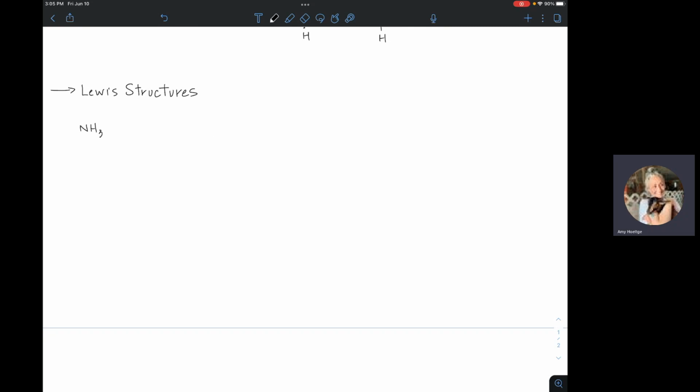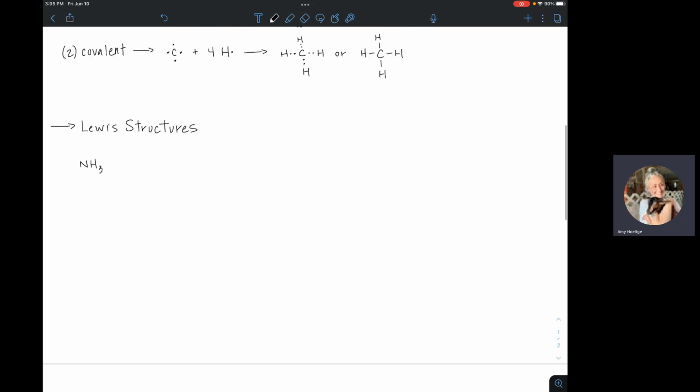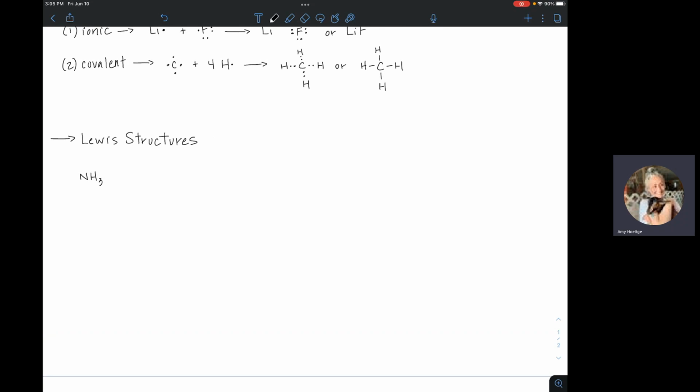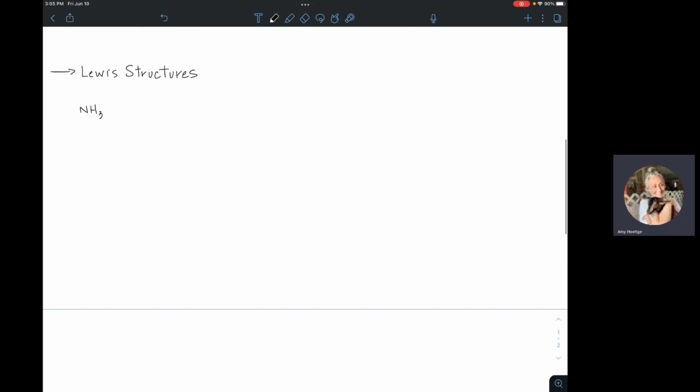And what I like to do, and you can use the dot model if you like, I think it gets a little kind of messy after a while. Dropping a dot here or there gets a little tricky. I think it's better to put these together, just assuming that, again, in the Lewis model, we're going to be pairing up the electrons. So if you're pairing them up anyway, and each bond is a pair of electrons, why not just add up all of the valence electrons in the molecule